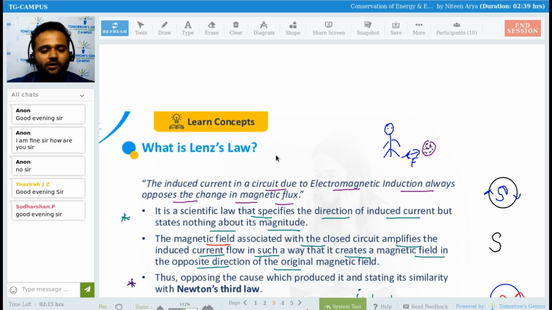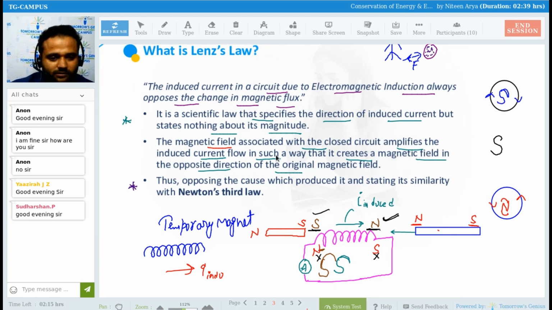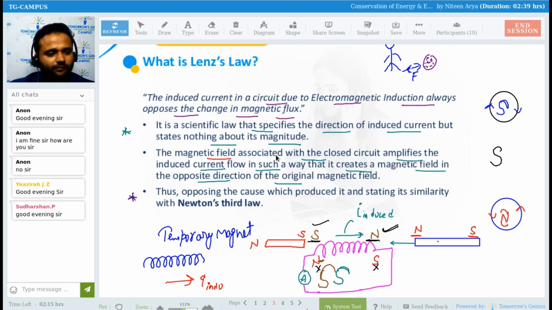And the same in a bat and ball. Whenever we hit a ball with the bat, there is a sensation on the bat itself. The recoil system of a gun: whenever we fire a bullet, there is a recoil. Clear? Is this clear? That is Newton's third law, going to oppose its cause. That is the meaning of saying that. Is this clear? Because it is important. After that, we have the formulation and everything. Is this clear, beta, everyone? Good.